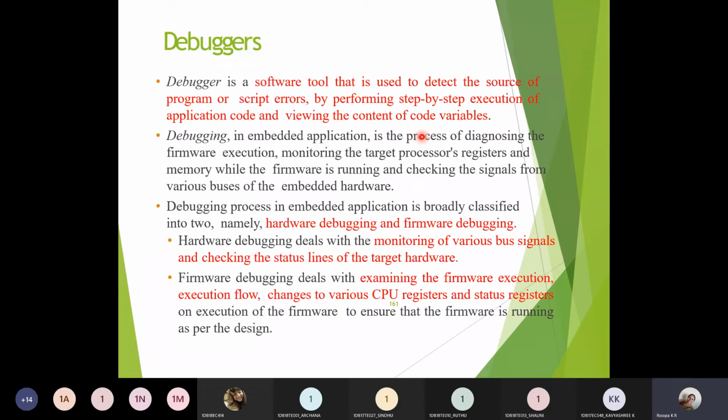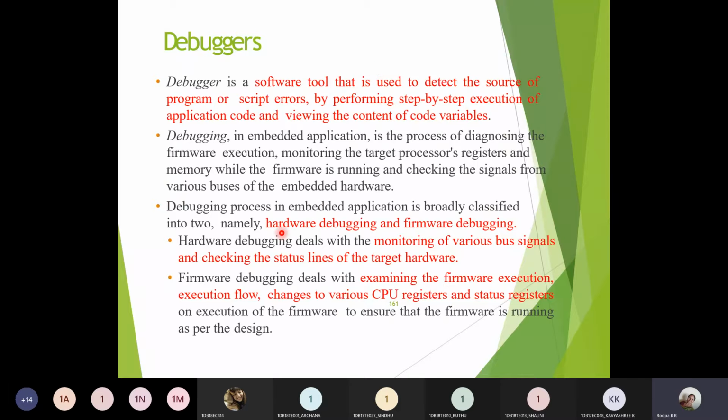Next we have debuggers. Debuggers are the tools used for debugging the code. While you are writing a set of code, after each step you can check what the output is. If you have a program of 10 lines of code, the debugging can be done all at once, or step-by-step debugging can also be done, or step into and step out. These four different kinds of debugging operations can be done with respect to software.